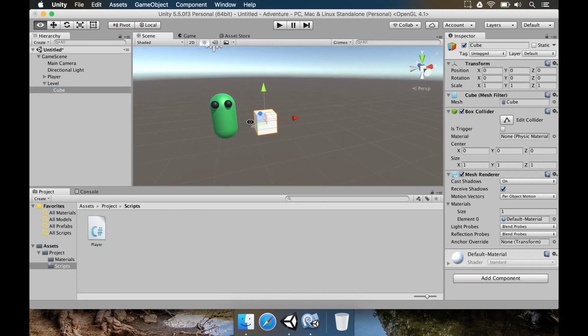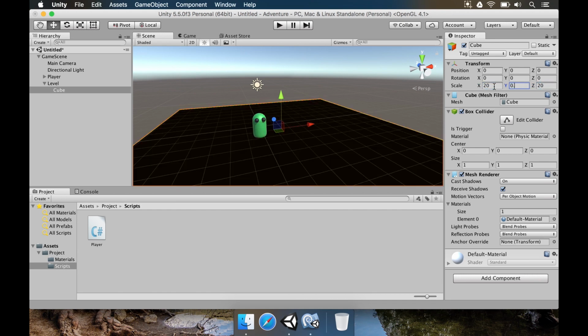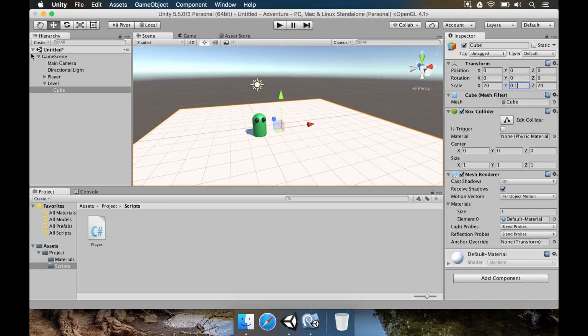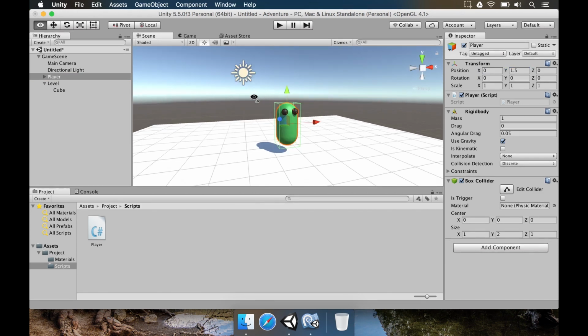This is going to serve as the floor for this game. Okay, and this cube, I'm going to change its size, so it's going to be, for instance, 20 on X, 20 on Z, and 0.1 on Y. And we might want to move the player upwards a little bit. So X is 0, Y is going to be 1, and Z is going to be 0. Actually, let's move Y to 1.2, so the player falls a little bit in the beginning